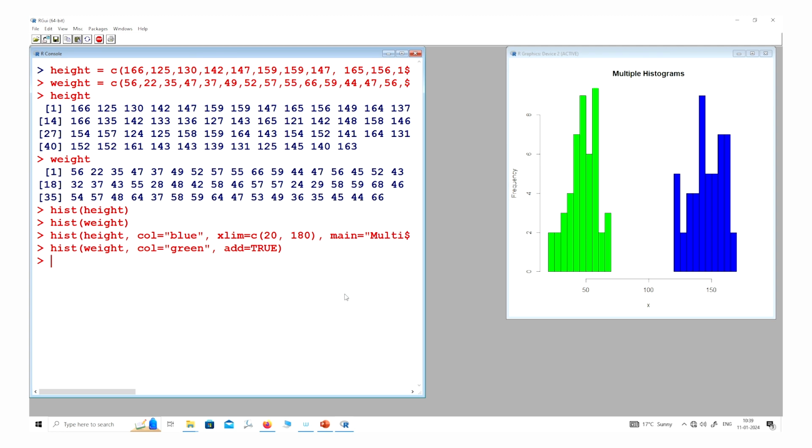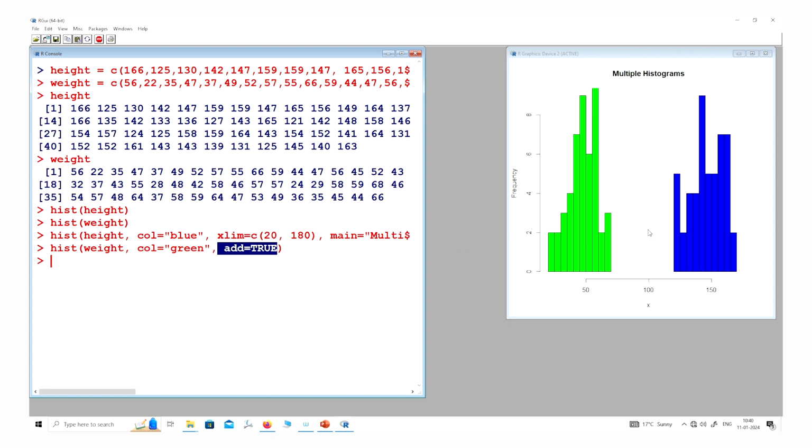right. And suppose I want to add one more graphic in the same plot. Then what do I have to do? I have to take the data, change the name of the variable, and just add add is equal to true, that is all. Suppose another data is age. So, I say hist of age, color is equal to suppose yellow or red, but the main important point is that you add the command add is equal to true. So, this will create the histogram in the same plot, right.